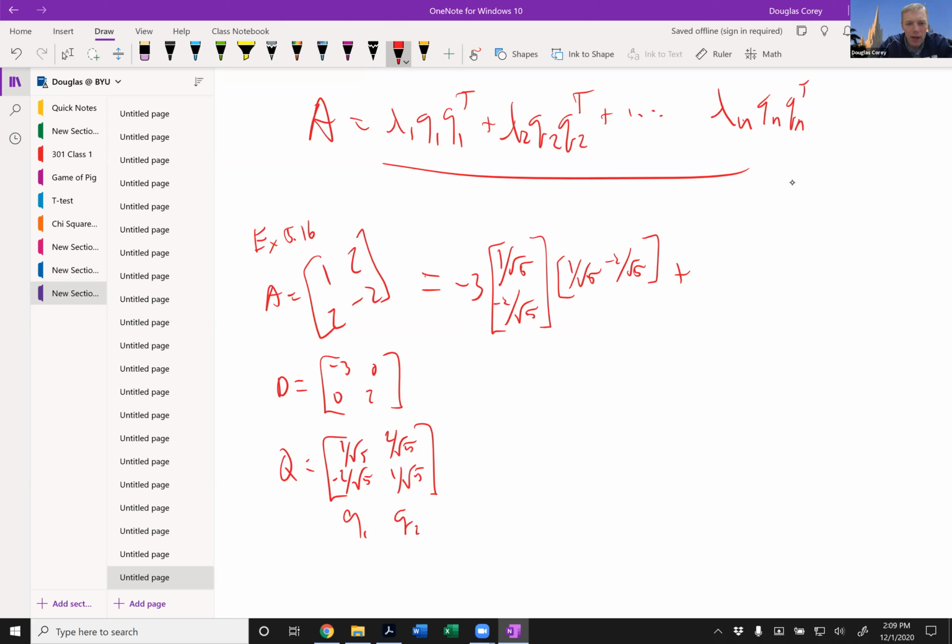And then add that to lambda 2, which is 2. And then Q2, so this is Q2. So 2 over the square root of 5, 1 over the square root of 5. And the transpose,